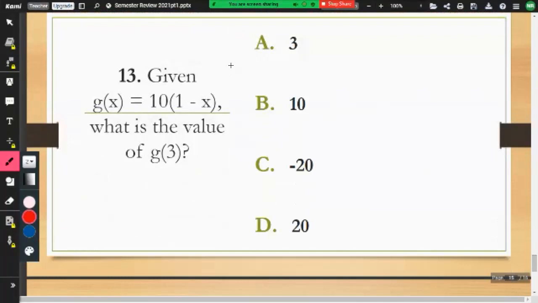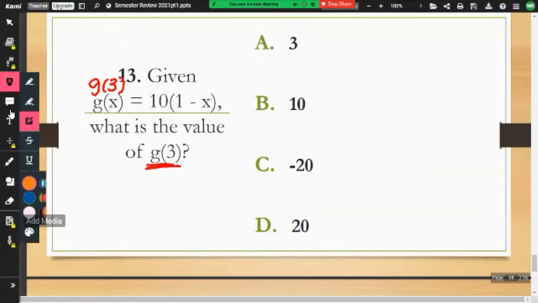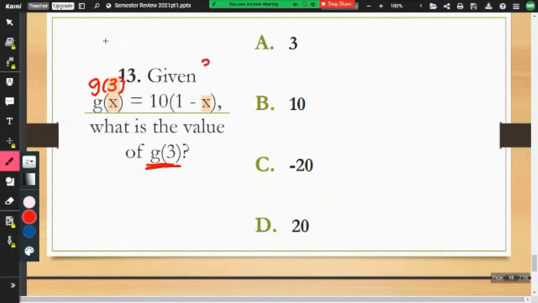13. What's the answer? You don't have any of those? Negative 30? I think you missed one step. All right, you have g of 3. G of 3 looks similar to g of x, meaning that 3 represents what? x. 3 and x are in the same spot. So anywhere I see an x, I can replace it with what? I can replace it with the 3. So once I do that,